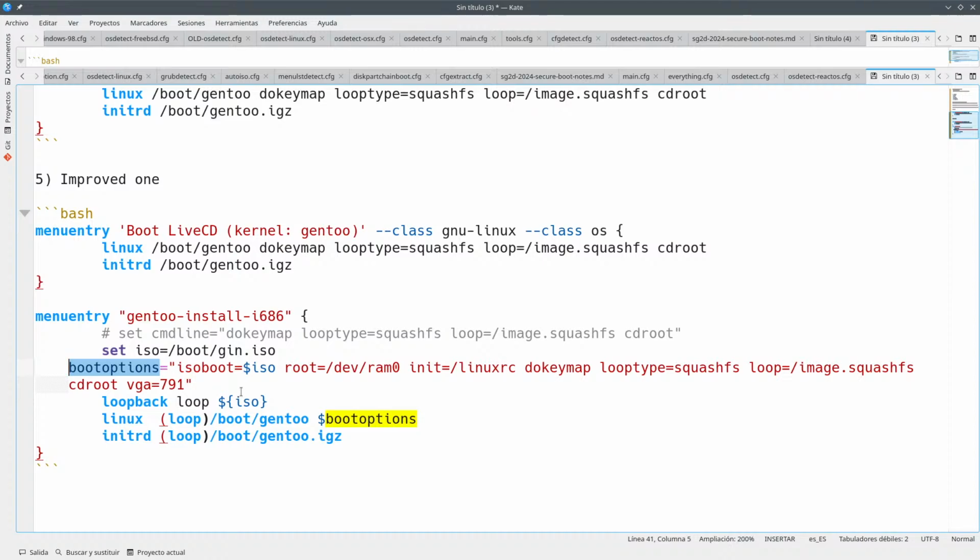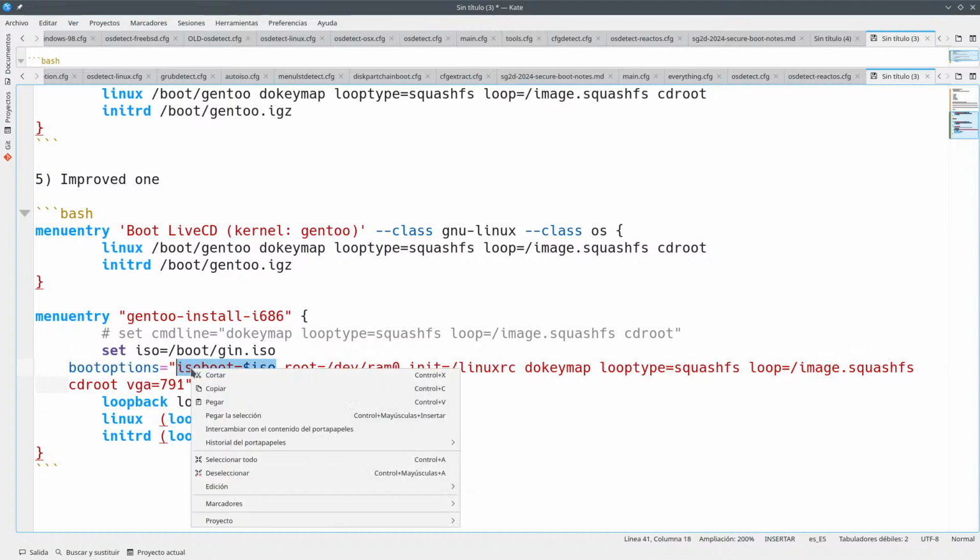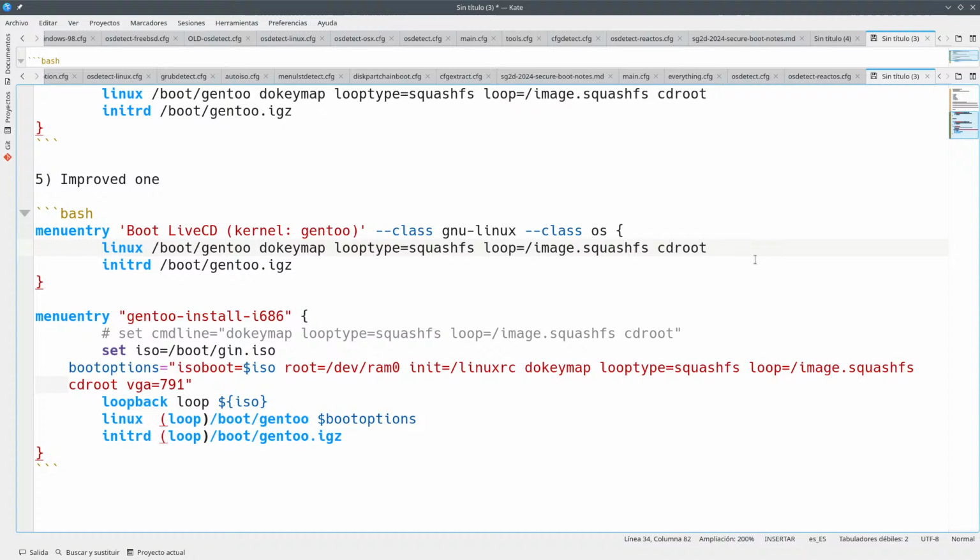The only thing you need is actually, what the hell is this? ISO boot. Yeah, the only thing you need is this thing here, which can be at the very end.